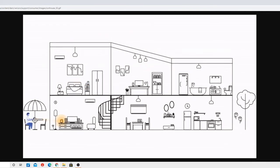There are people that have, oh my gosh, like 20 rooms. I just don't want to exaggerate, but yeah, there are people in here that have a huge house, and they're expecting to have Wi-Fi all over. My recommendation to these people that have such mansions is to wire your home all the way